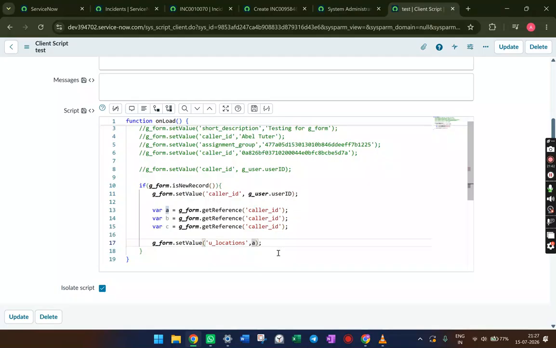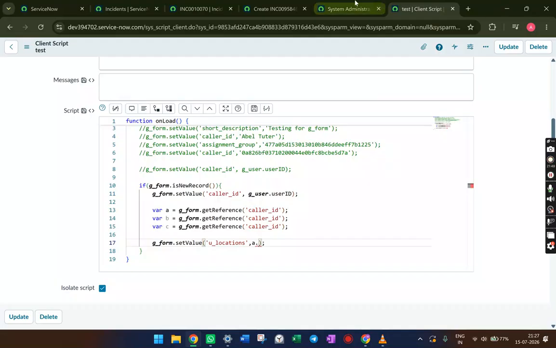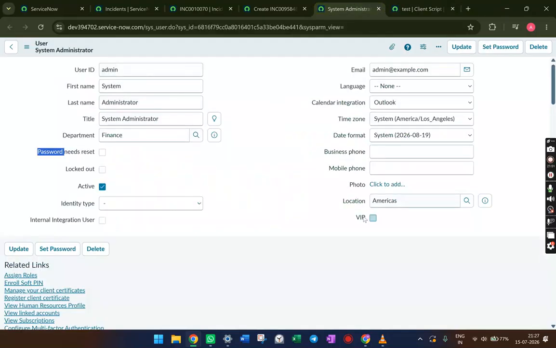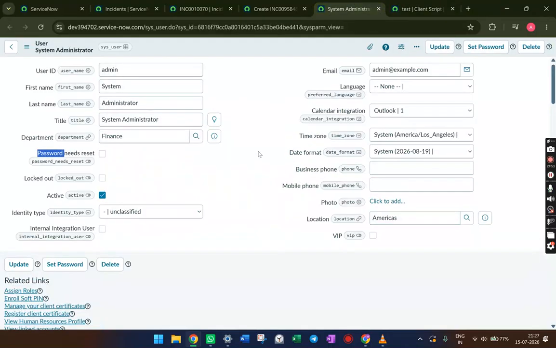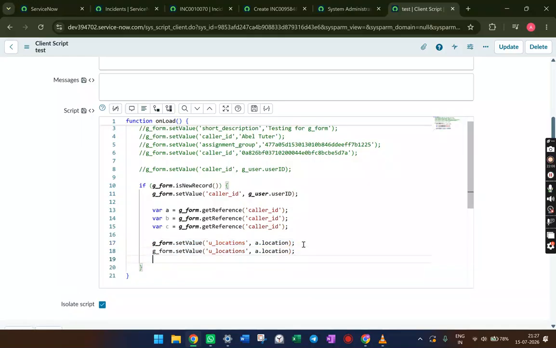And how can we use the dot walking method? You just have to give a dot, and in location we want to set the location. You have to go to this table and see the backend name of this location. So it is location only. Then copy it, and location. Same way you have to find